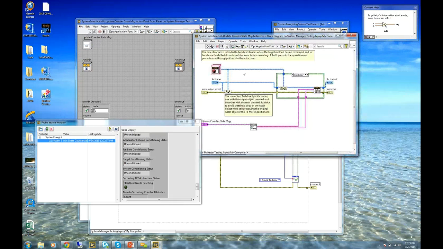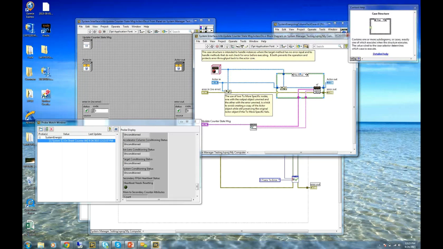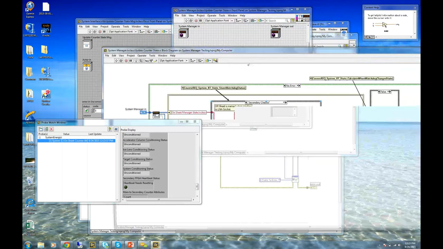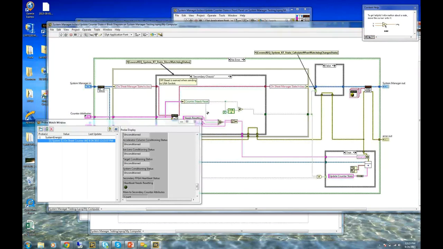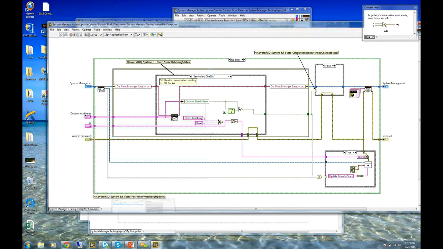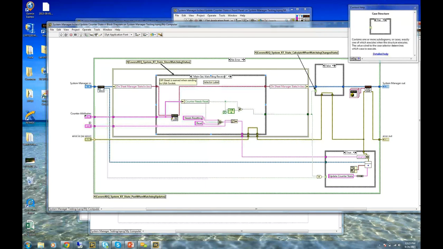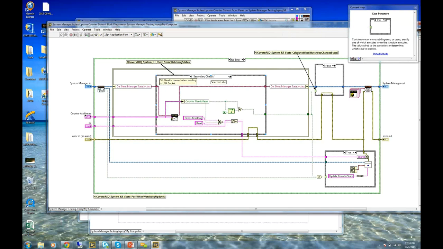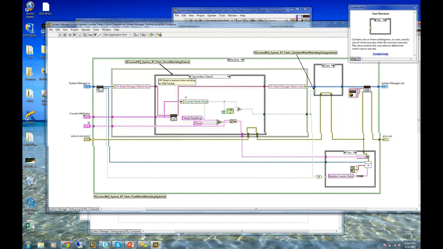And we can say, okay, the counter state comes in to this system manager, and the system manager says, if I'm the default guy, it's the main chassis, UI watchdog. If I'm named secondary chassis, it's the secondary chassis. The data comes in, and